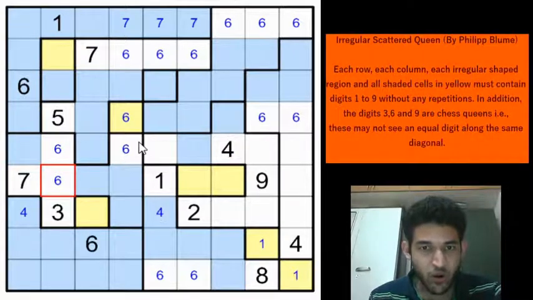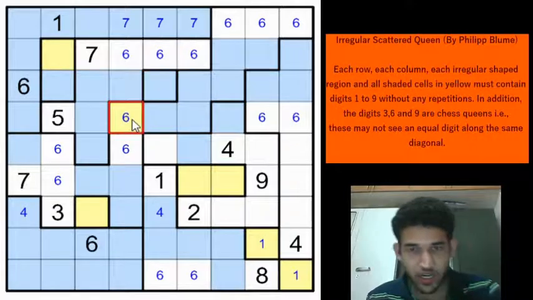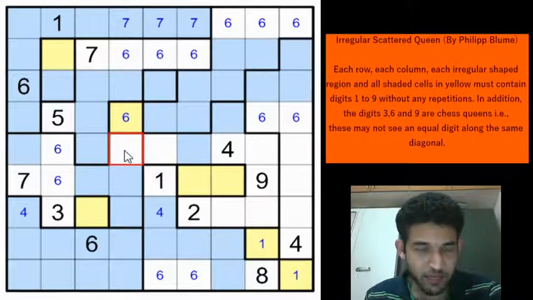Right. Now looking closely at the interaction of these 6s, let's assume what happens if you have a 6 in this yellow cell. If you have a 6 here, you eliminate the 6 from here immediately, and using the diagonal property, you also eliminate the 6 from here. So you get a 6 here, right? For this region you need to have a 6. So you get these 2 6s.